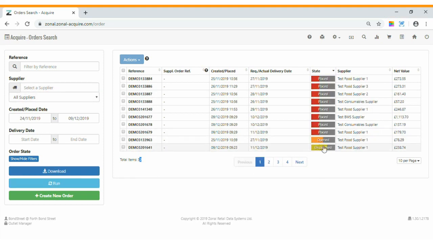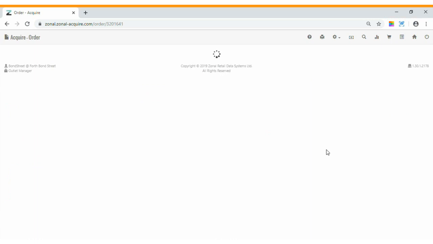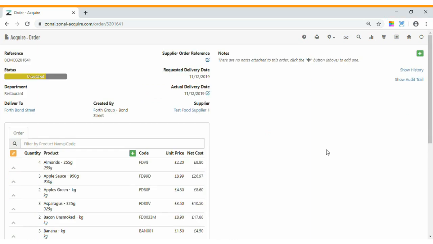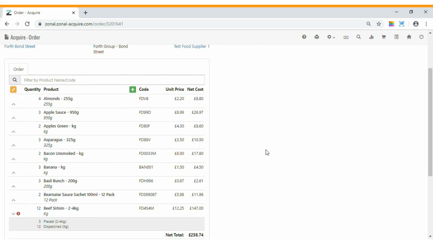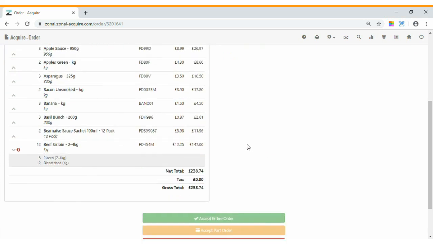So I'm just going to accept that order that's in the dispatch state now, so I'll click on that. What happens is that the supplier will receive the email. They will then open that order, which is an acknowledgement that they've received it, and then they will dispatch that order and specify within Acquire what they're actually going to deliver. And for suppliers like butchers, for example, that have weighted products or cheese, they will be able to update Acquire to state what the actual weight of the products is. So you can see here that the supplier has